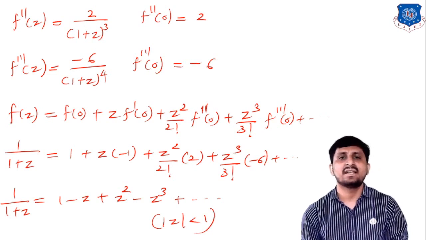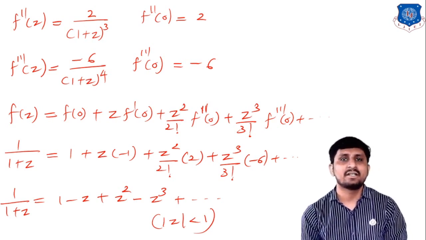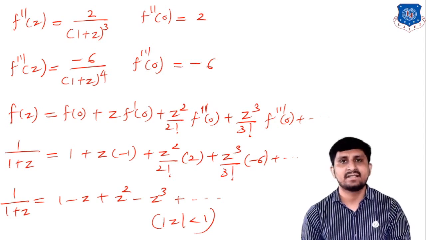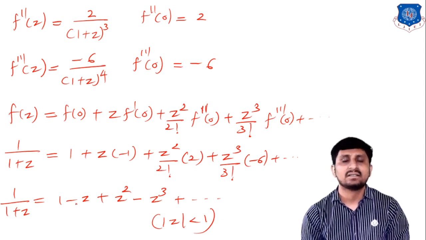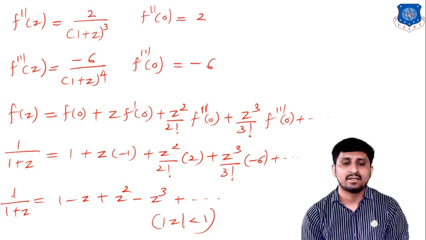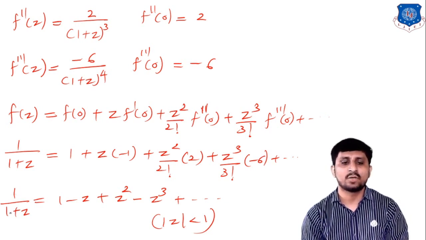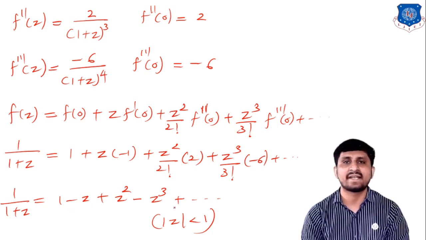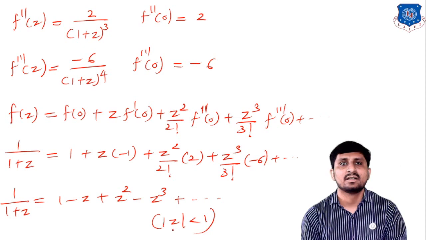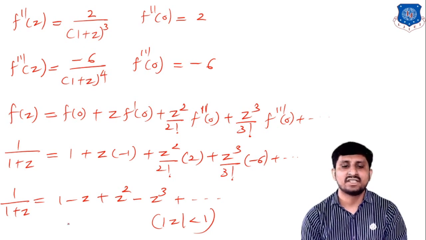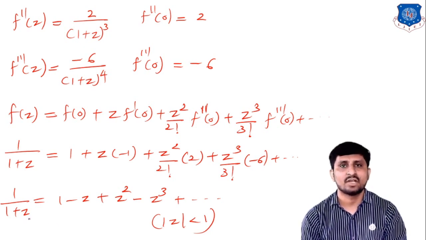Now this series is important with regard to the example of Laurent series, how that we will see later on. But here make sure, suppose your function is 1 upon 1 plus z, that is equal to, you can write, 1 minus z plus z square minus z cube and so on. But the modulus value of this term, mod z, must be less than 1.